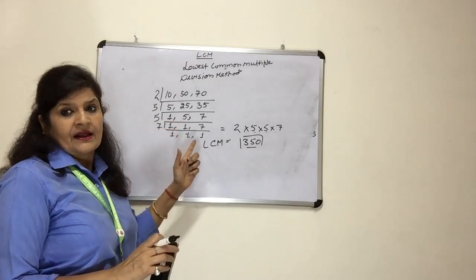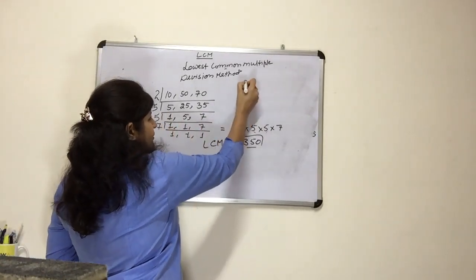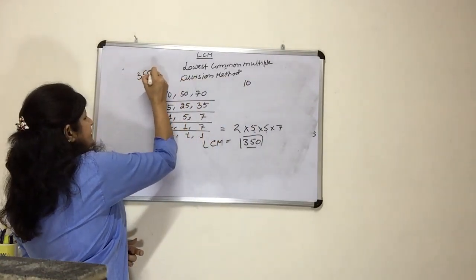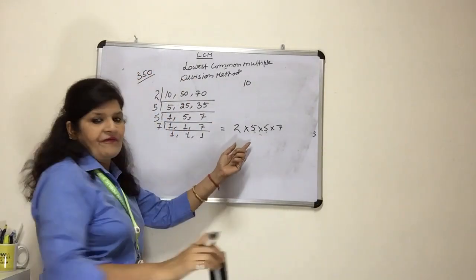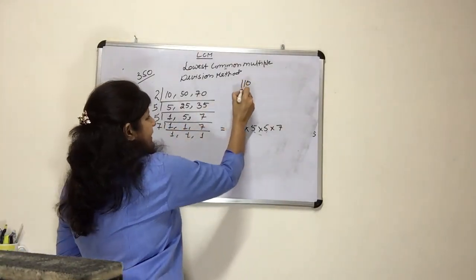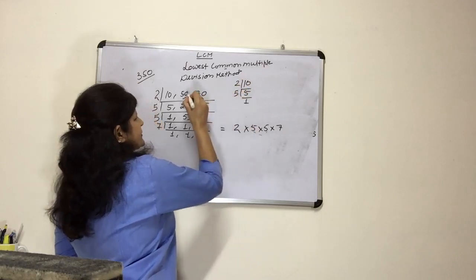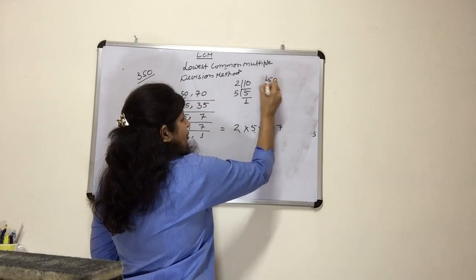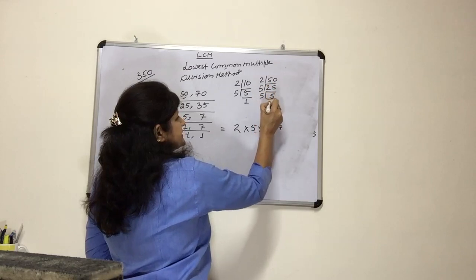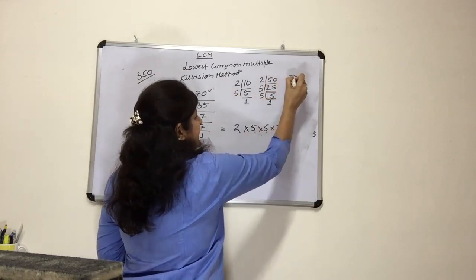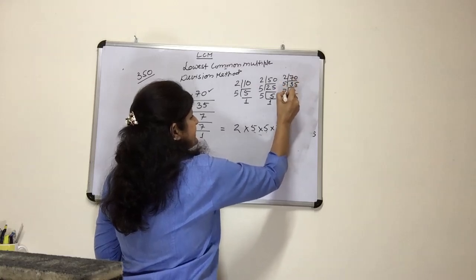Again, one more example I'll take to make it more clear to you. This is the division method. Now if you want to check this with the prime factorization method, you can also check. 350 is the LCM. Now we can check whether we will get the same factors or not. Let us see. 10: 2 5s are, this is the prime factorization method, 5 1s are. Now the second number was 50, so 2 and then 5 5s are 25, 5 1s are 5. And the last number was 70, so 2 35s are, and then 5 7s are and 7 1s are.